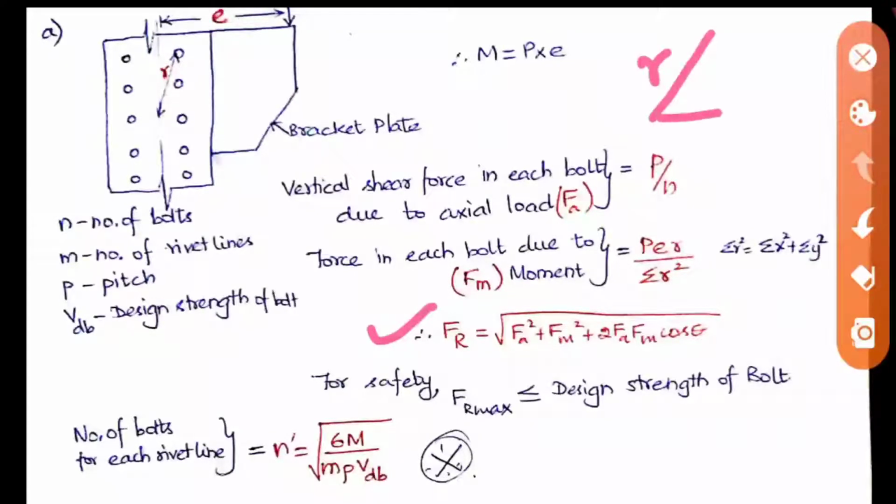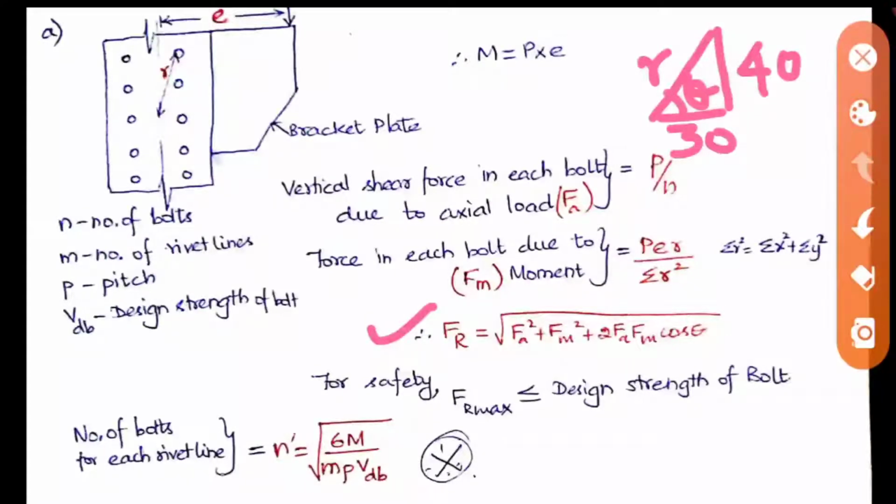So this is R, and they will be giving values like 40 mm, 30 mm, like that. So we can take this as theta. So cos theta will be equal to 30 by R. R value also we have already found out, using the Pythagoras theorem we can find the R value. So 30 by R will give you cos theta. With respect to that you can find the theta's value, or you can apply that value itself directly in the formula. So you will get the resultant force that is experienced by each bolt in that member.